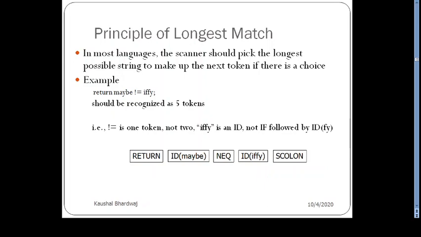Mohit Jaiswal, Mohit, can you tell me, in this statement, return maybe not equal to if i semicolon, how many tokens are there?